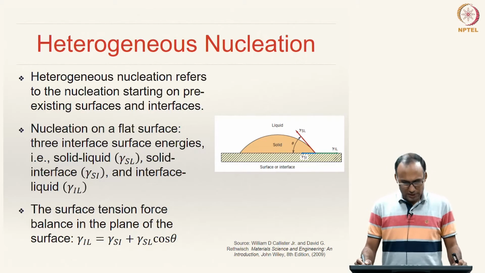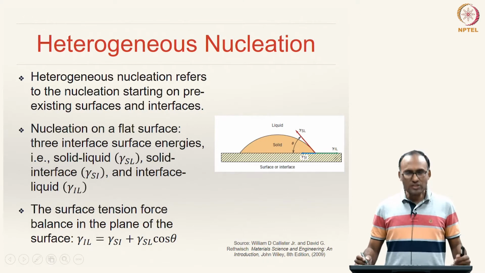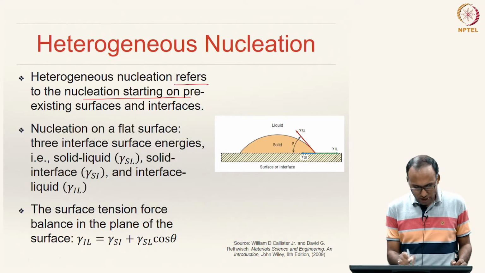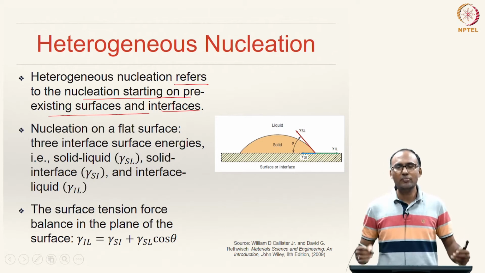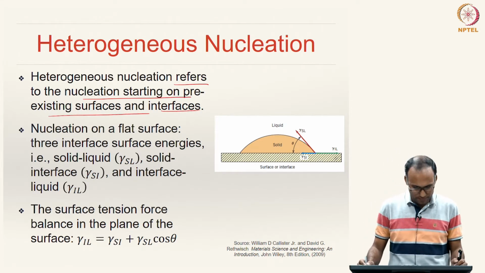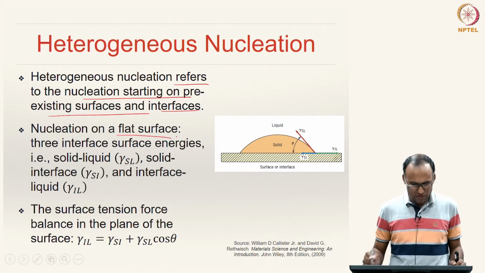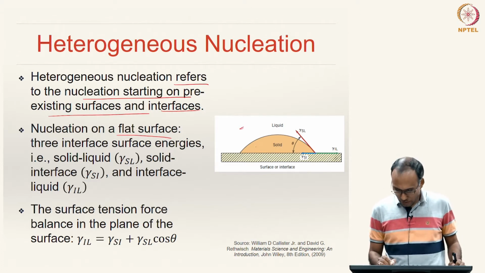So, now let us look at heterogeneous nucleation. Heterogeneous nucleation, as we have already discussed, refers to the nucleation starting on pre-existing surfaces and interfaces. There will already be some pre-existing surfaces, and there the nucleation happens much more easily. So, here we are looking at nucleation on a flat surface. So, when you have a liquid pool and you have a solid